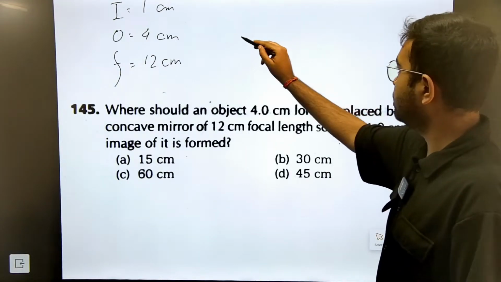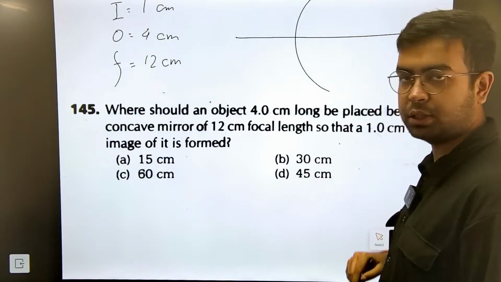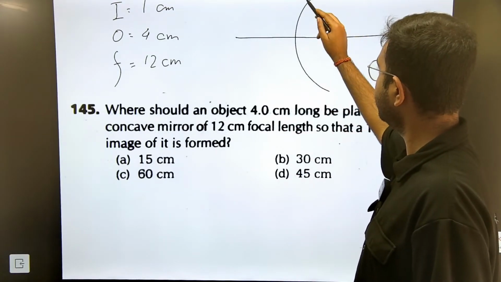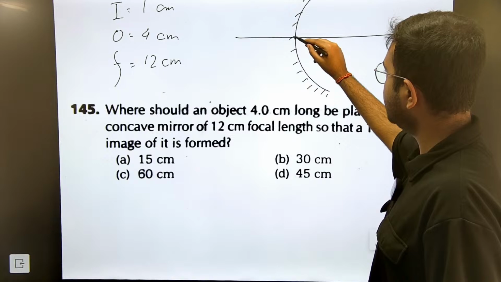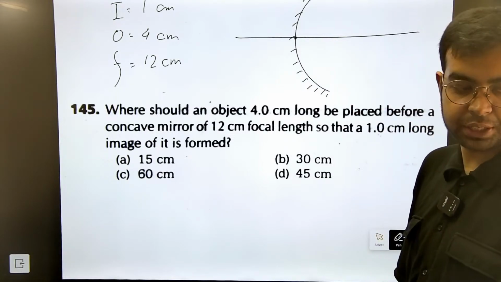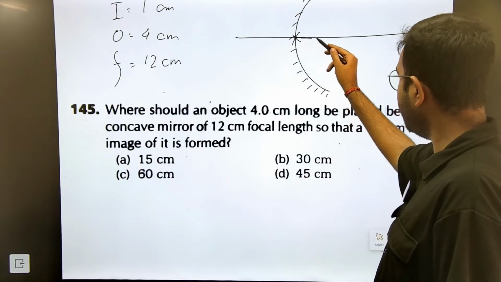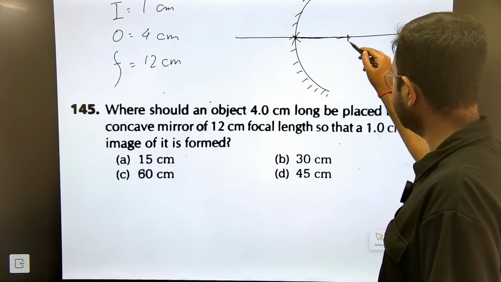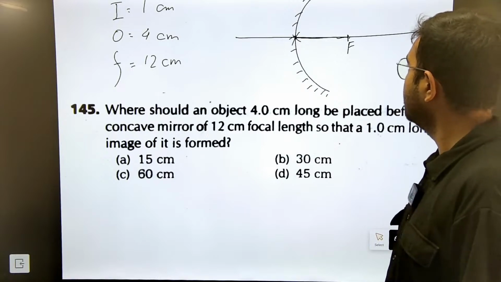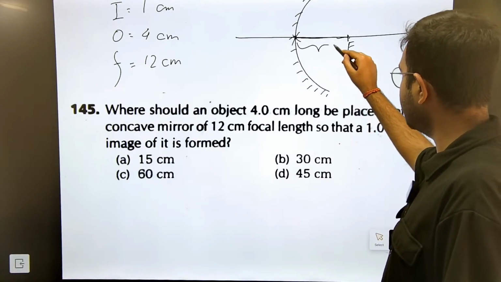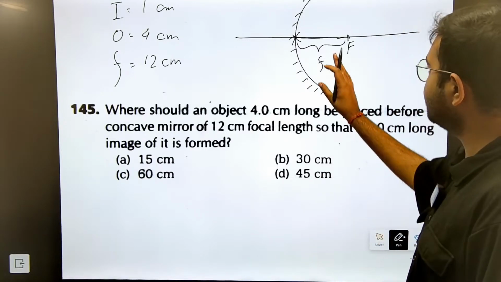Focal length, मान लो ये प्लेन है एक, इस पे एक कनकेव मिरर रखा हुआ है, ठीक है. दिस इज अ कनकेव मिरर, ठीक है. दिस पर्टिकुलर पॉइंट इज नोन एज द सेंटर ऑफ कर्वेचर, ठीक है. अब इससे फोकस का, मान लो यहाँ पे फोकस है कैपिटल F, वी हैव अ पॉइंट कॉल्ड द फोकस, जहां पे इमेज फॉर्म होगा, ठीक है. अभी सेंटर ऑफ कर्वेचर से फोकस का जो डिस्टेंस है, स्मॉल f से डिनोट किया जाता है, इसको कहते हैं फोकल लेंथ, ठीक है. दिस इज द फोकल लेंथ.